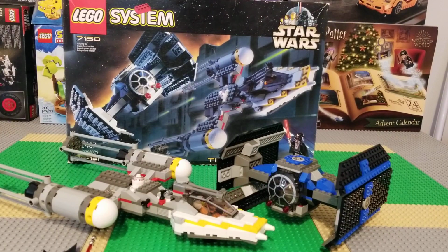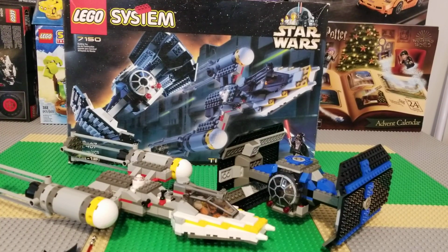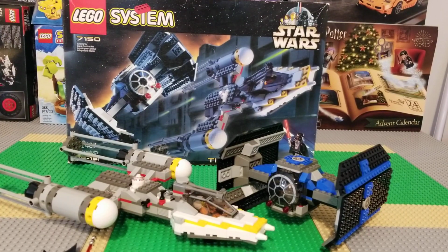So this set is 7150, and it came out in 1999. They re-released it practically unchanged in 2002, but under the set number 7152. So you may be thinking, oh man, I loved this set as a kid, but I don't think it came out in 1999. I remember getting that for Christmas in 2002 with my PS2. And you'd be right, because this set and 7152 are practically the same thing. And there was another one called